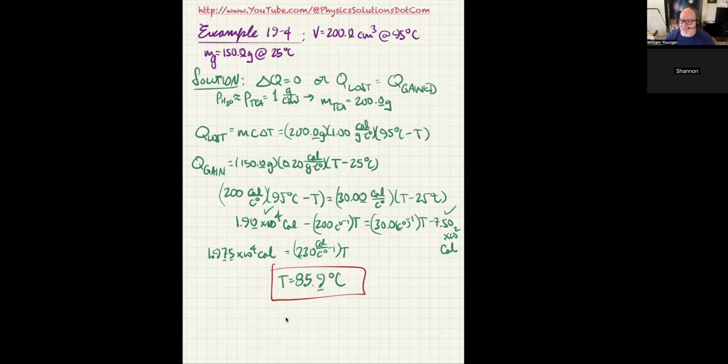So in that case, the thing losing the heat is just the hot object, but the thing gaining the heat is not only the water, it's the water plus the aluminum cup. So you have to have the mass of the water, the specific heat of water, the mass of the empty cup, the specific heat of the aluminum that the cup is made of, and they're both on one side. So hopefully that'll keep you straight.